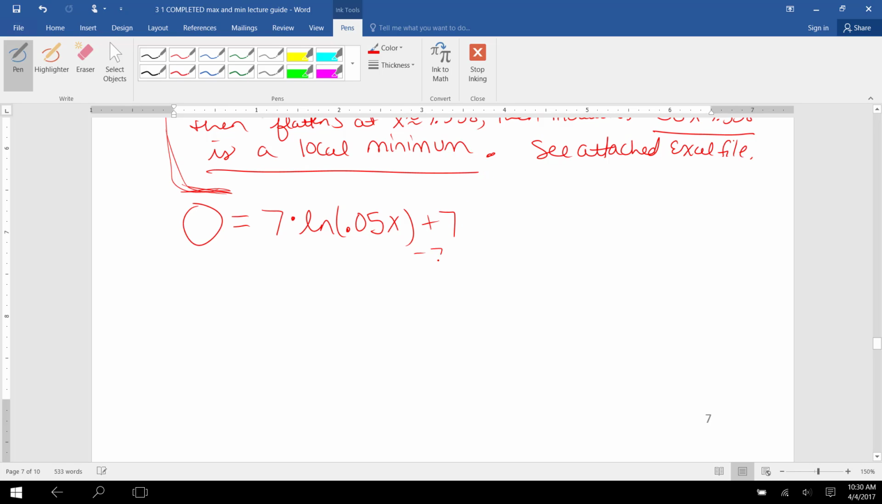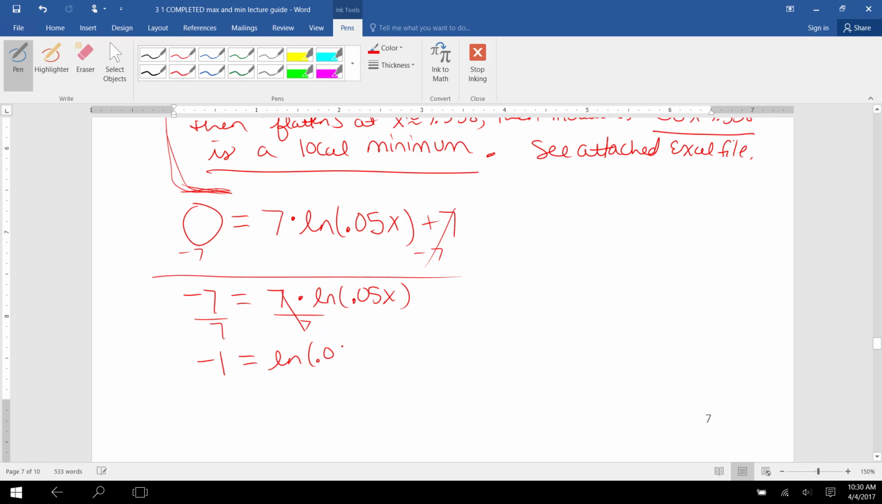So first of all, you would subtract 7 on both sides. We're trying to isolate x here, so I'm bringing this 7 over to the left side. I would then go ahead and divide both sides by this 7. So I have negative 1 equals natural log of 0.05x. Remember, if you have